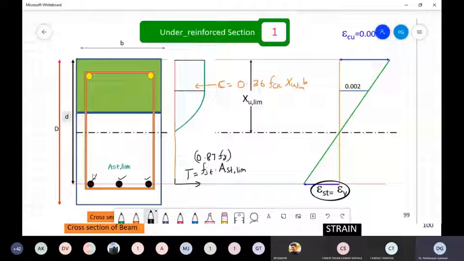Let us say this is the diameter of one rod; like that, you have provided three. So T is equal to 0.87 Fy into AST limit, which is 3 number of bars, pi by 4 into diameter square. This is your total tensile force, and this compressive force,